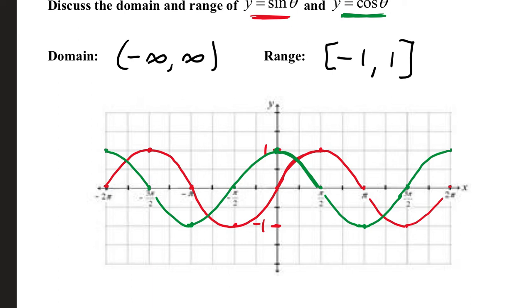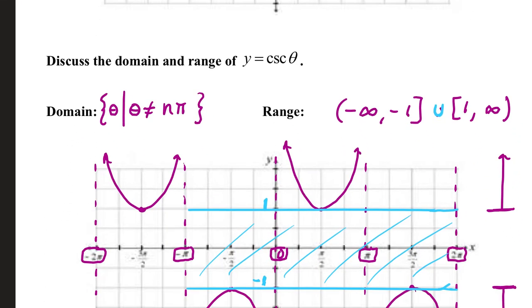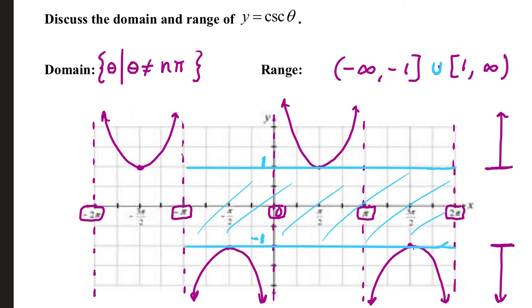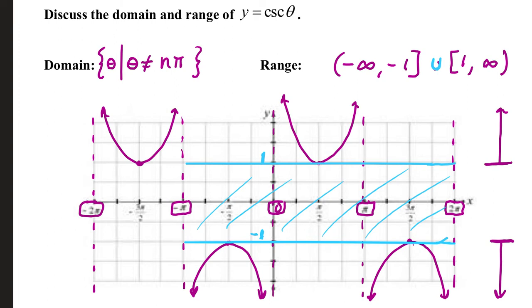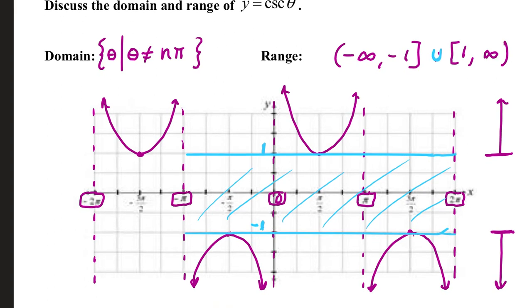Infinite domain, restricted range. The range will coincide with the amplitude of sine and cosine. Let's discuss the range and domain for cosecant. Now let's also go back, let's think from the first slide. Cosecant is the sine curve, and if you'll watch this red pointer, I'm going to invisibly sketch the graph of